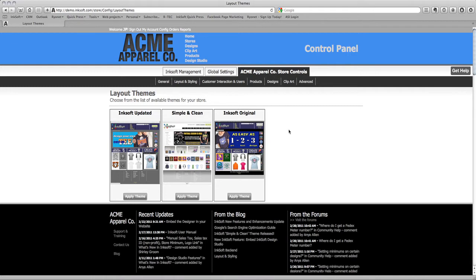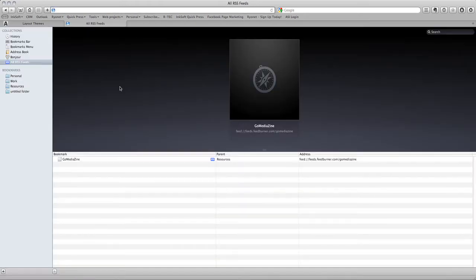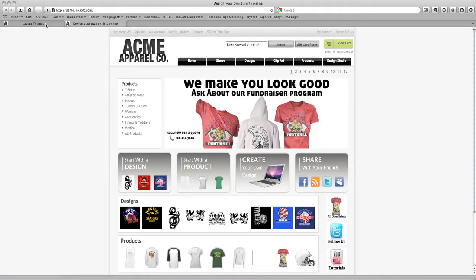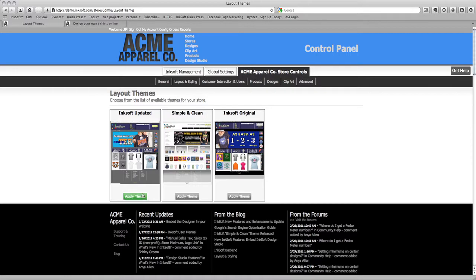So we'll always be adding to this library, and effectively all I'm going to do is go ahead and apply a theme, and that's dynamically and automatically going to change the look of my website. So let's go open up a new page here, and let's look at the current layout and theme. I'm using Simple and Clean. Well, what I'm going to do now is I'm going to go ahead and apply the InkSoft updated theme, and